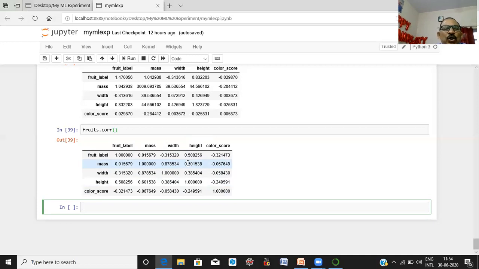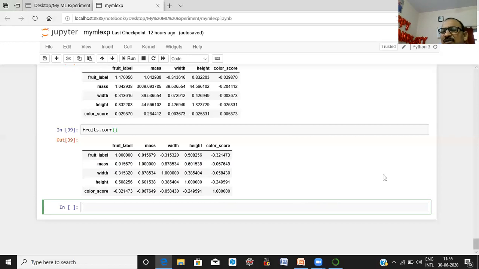Is it clear? With the help of these three statistics, you can know your data more: how the variables are related to each other, what is the minimum or maximum value of a variable, and what are the 25th, 50th, and 75th percentiles.